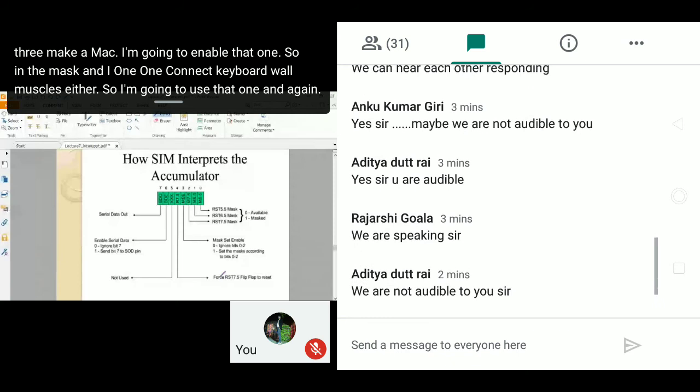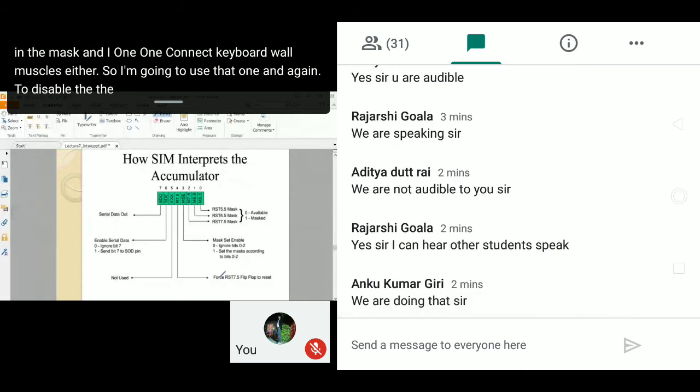And again, for data communication, I'm going to disable that.